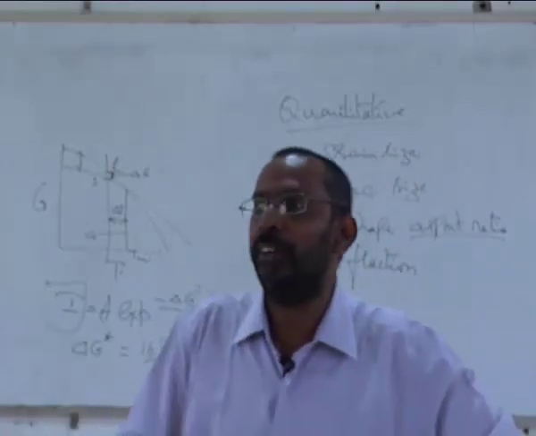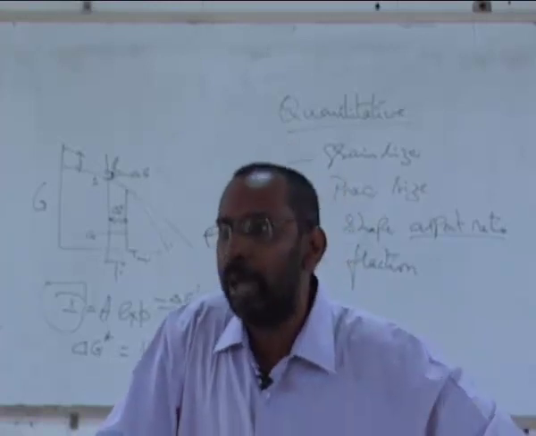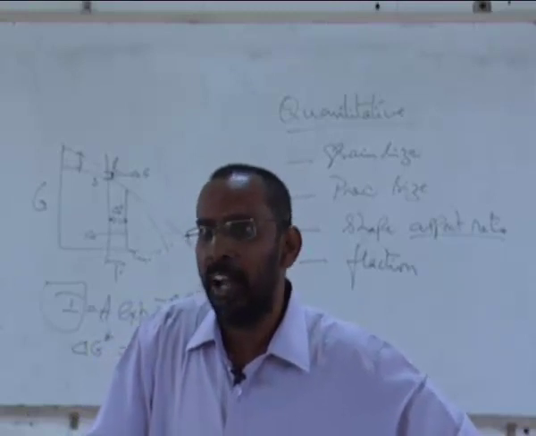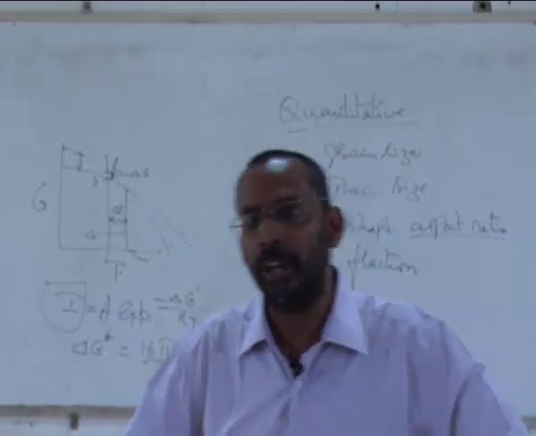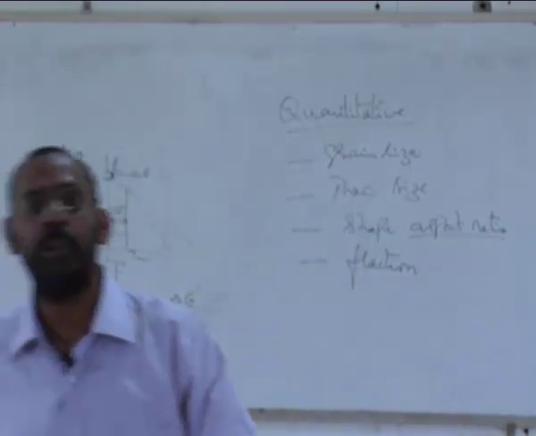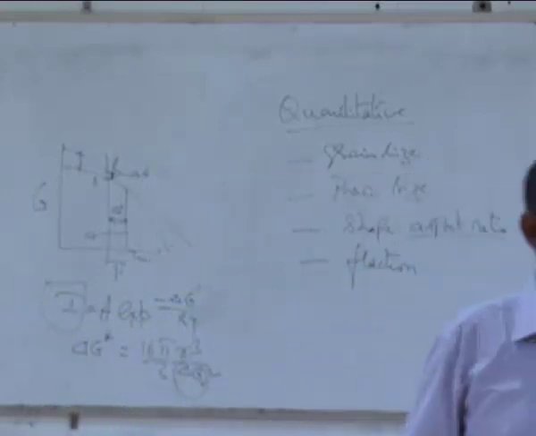Contact angle or wetting angle. Some particles are supposed to be wetting better than some other particle. And when do you say a particle is wetting better? When the angle is higher or lower? When the angle is smaller. For example, if the contact angle is 0, we say that is the best wetting condition.